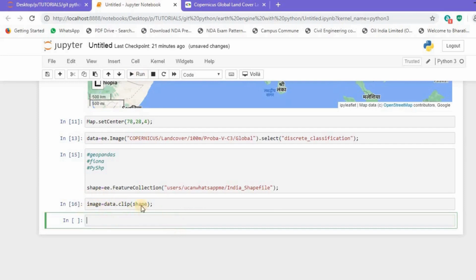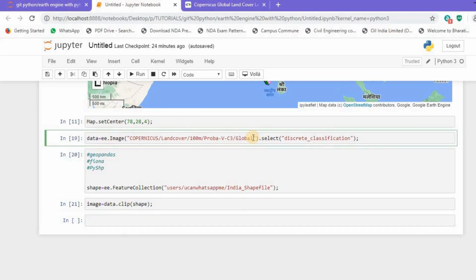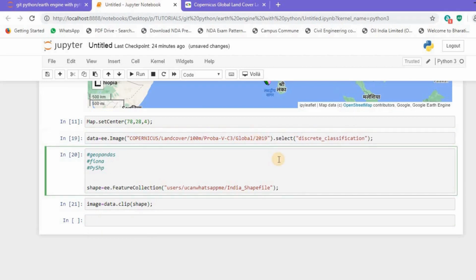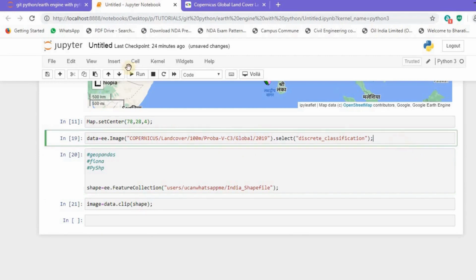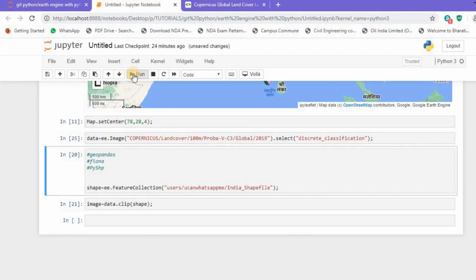Now it's time to paste all the data that we have created into our map so that we can have a beautiful visual view. But before that, let's restrict our data. So I'll just pass my year that we need to select into our data. So I'll just pass, let's say 2019, the most recent data that we can have. So into your data section, you have to pass the year of the data that you require in order to generate the image. So I'll just hit the run button over here.